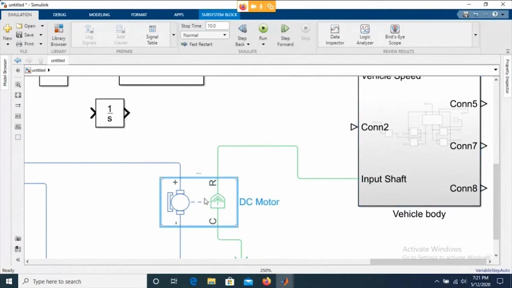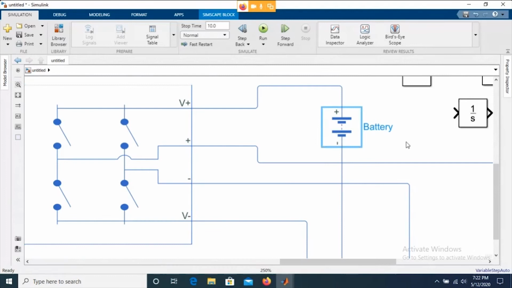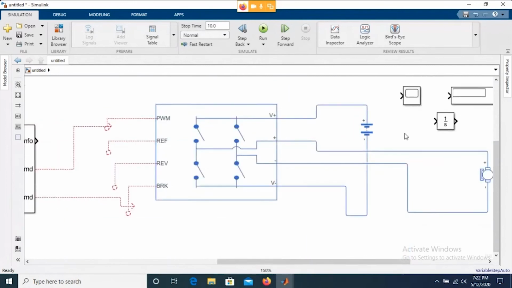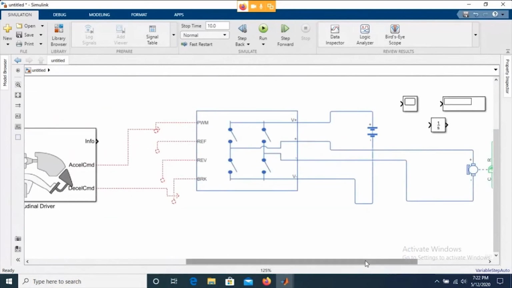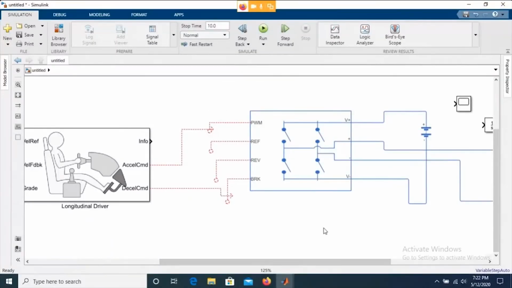Based on that, you choose a power converter power rating, and then according to the range requirement, you choose the battery type, right? So guys, this is how you keep all your Lego blocks together and create a vehicle model step by step. Now coming back to the presentation,